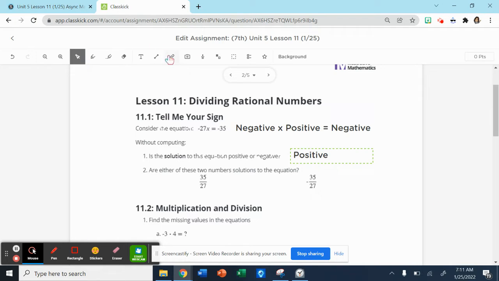I also know that I have the solution to the equation here, 35 over 27. Here's the reason why. If I were to write this out, I would have negative 27 times, and actually, I guess I could just write it right in front of this value. Let me show it to you this way. Negative 27